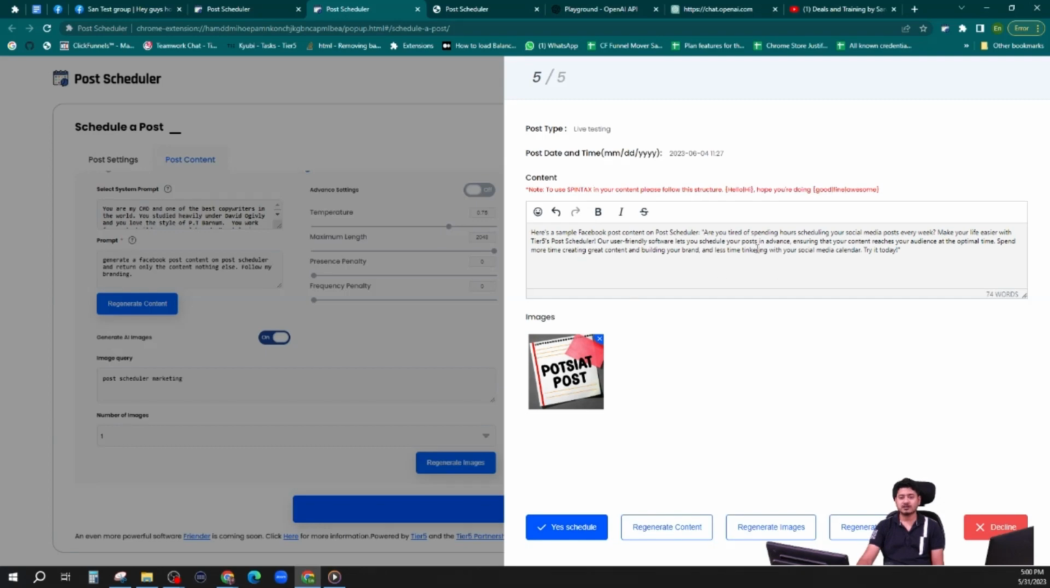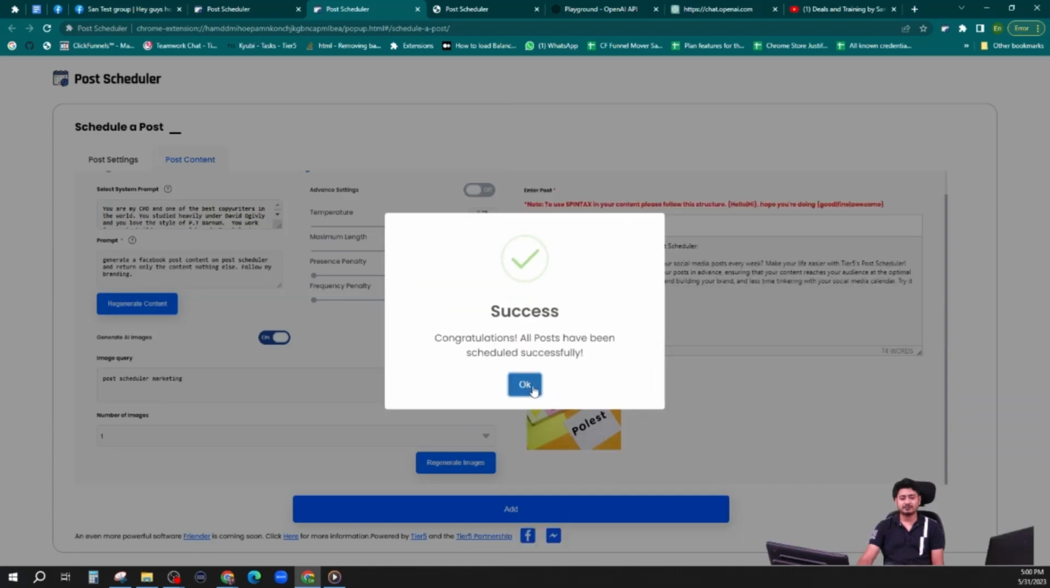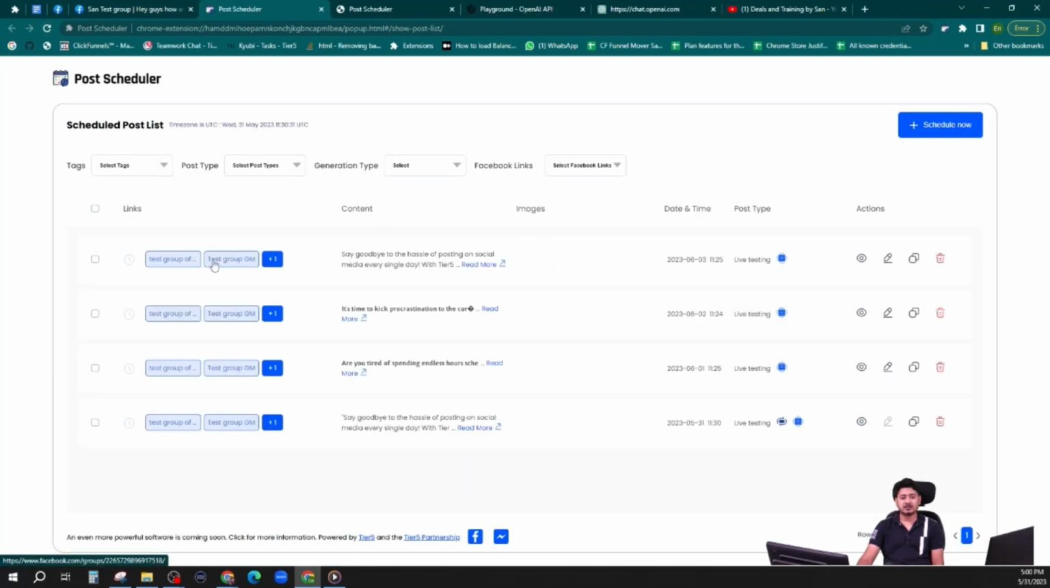So if you feel like, yeah, this content is fine for me, then you can just go and schedule them. And if you don't feel like it, then generate content or regenerate image or regenerate both, or just decline like the way I did. And once done, if I come back in here, I'll be able to see all of those posts have been created in here, and you see the post content and the image, all of them are